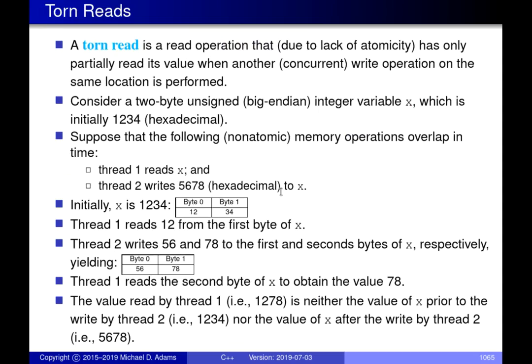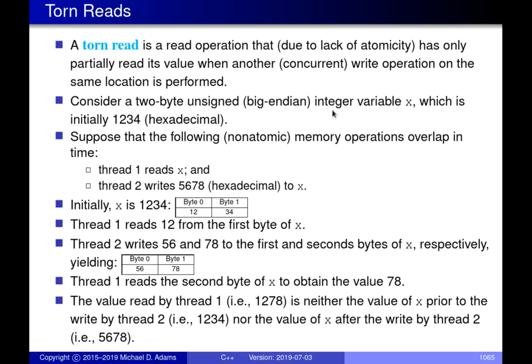So what are some of the things that can happen as a result of data races? Well, data races can result in things called torn reads and torn writes. A torn read is a read operation that, because the memory access is not atomic, starts to read memory, but before it has a chance to finish, another thread comes along and does a write operation to the same address you're reading. So you essentially have a read and write that are overlapping. This is what we call a torn read.